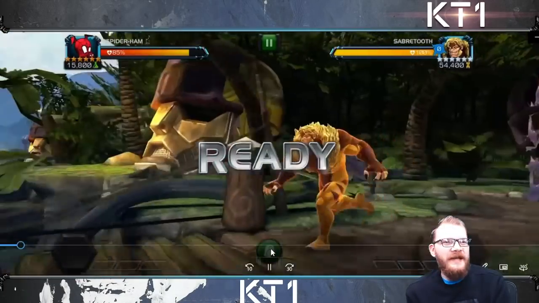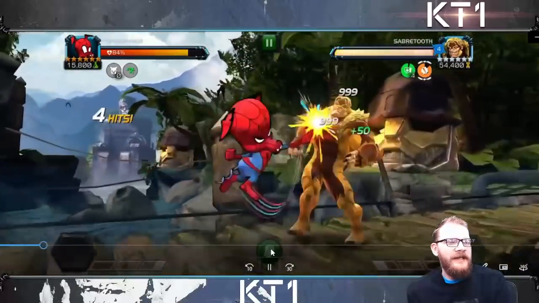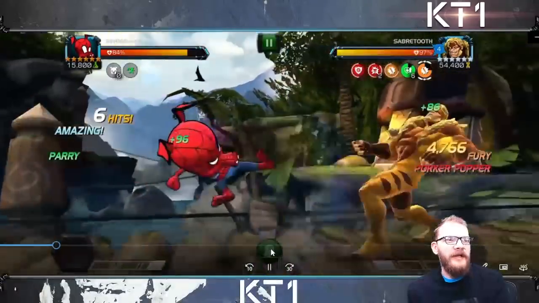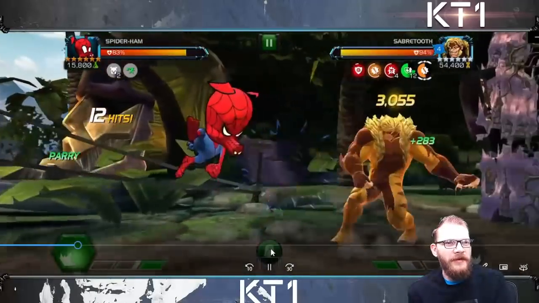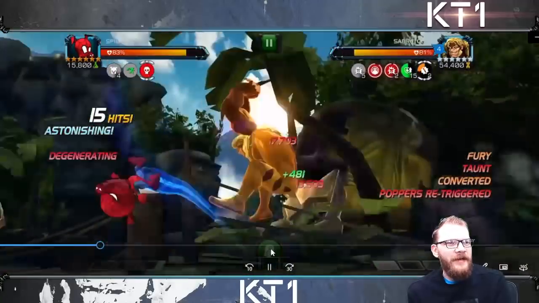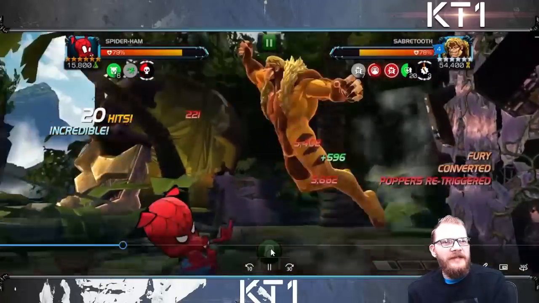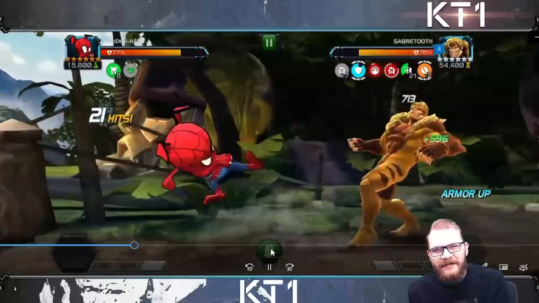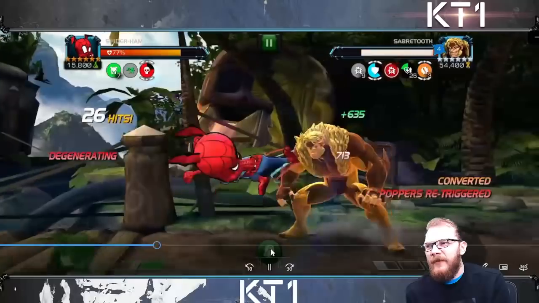the 611 Sabertooth fight. So let's see how a rank 4 6-star Spider-Ham does against the 611 Sabertooth boss that has Oscillate, that has a whole bunch of other stuff. I think there is that no retreat node active. And Spider-Ham actually does have a mechanic to deal with the no retreat, because he does reduce the degeneration damage. So you can work around it, play around it, and at least not worry about it nearly as